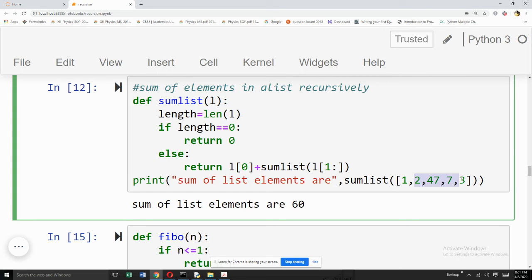Now 2, 47, 7 and 3 have been passed first time. Now what is the length of this list? 1, 2, 3, 4. So is 4 equal to 0? No. The control will go to else and will again in the stack put sum of L0. L0 is now what? 2. So 1 will be added with 2. Is that clear? Now sum list will be again called by reducing the list and the list will be 47,